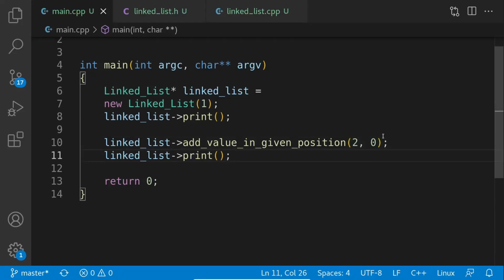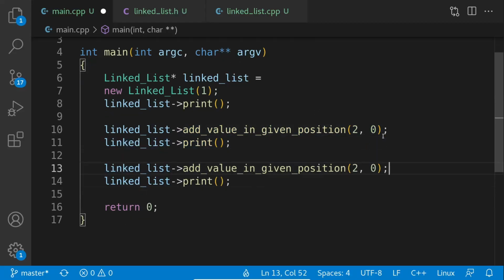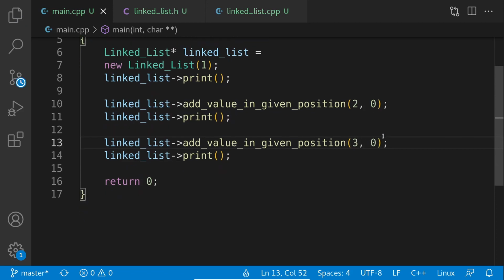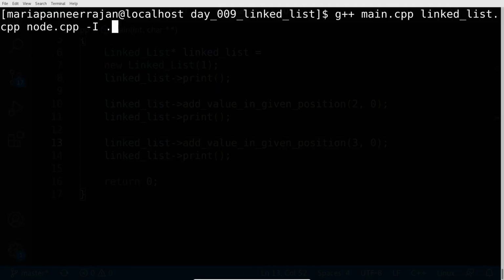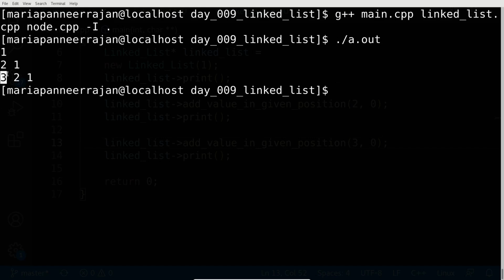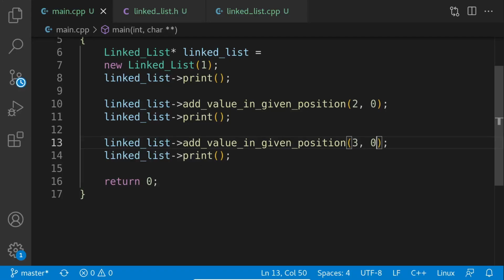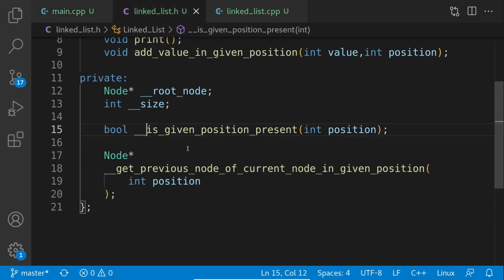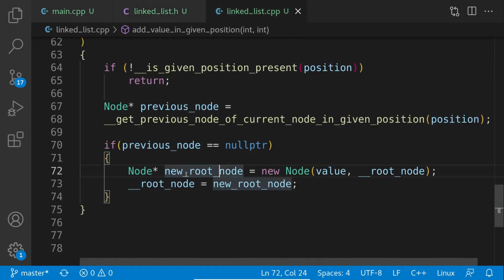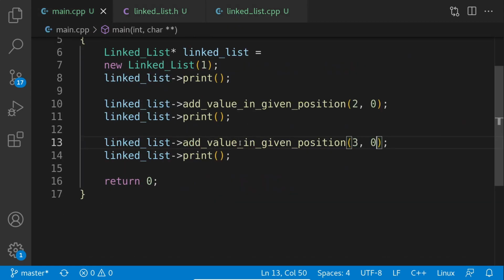As a matter of fact, you can just keep on doing this. You can make another node called 3 and make that the root node. So now 3 will be the root node, and you have 2 and 1. This is pretty cool. You can just keep on adding more nodes on the root side, on the left side. That's nice, but this will fail if